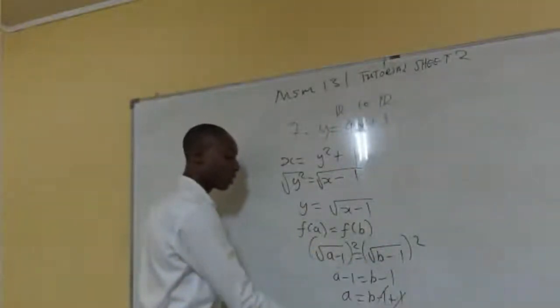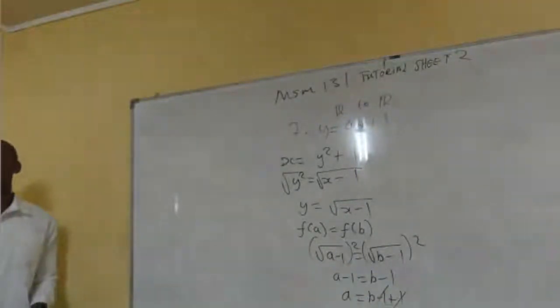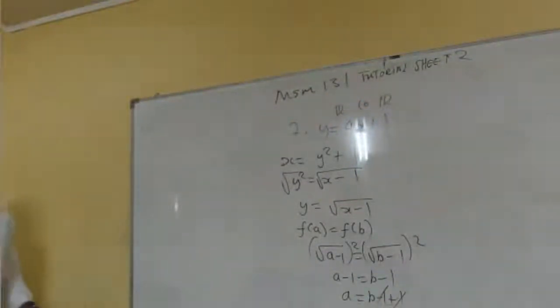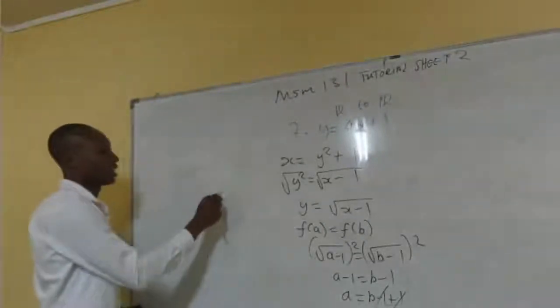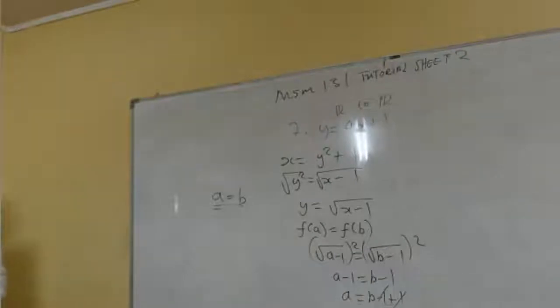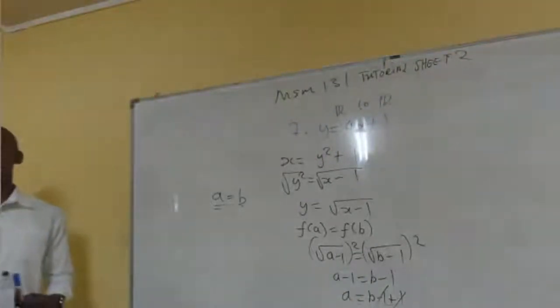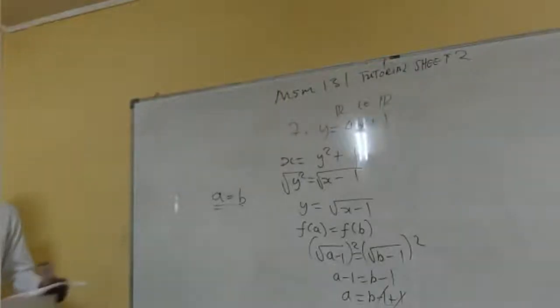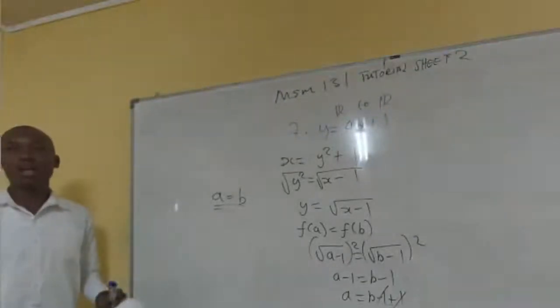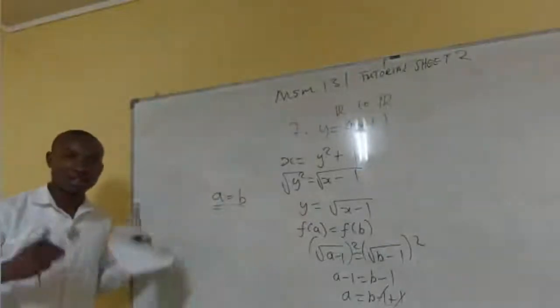So this and this will cancel, so the answer is a equals b. Right? If you check this answer, a equals b, this simply shows us that this is a one-to-one function. So since it's one-to-one, and we already said a function is a one-to-one relation,